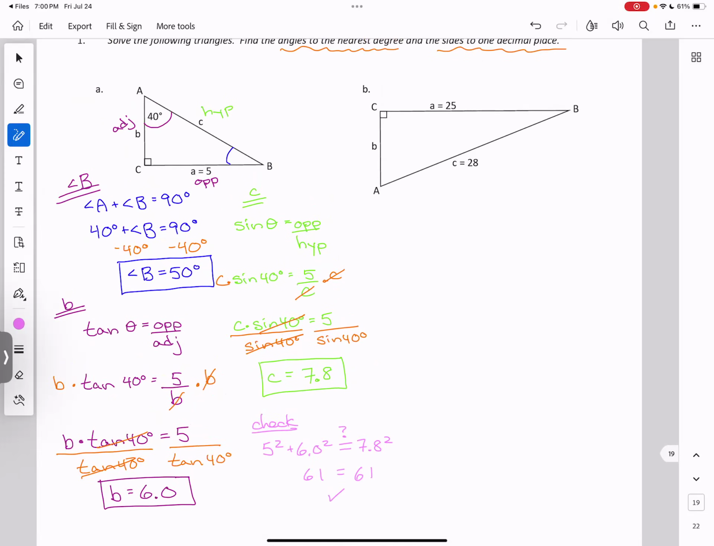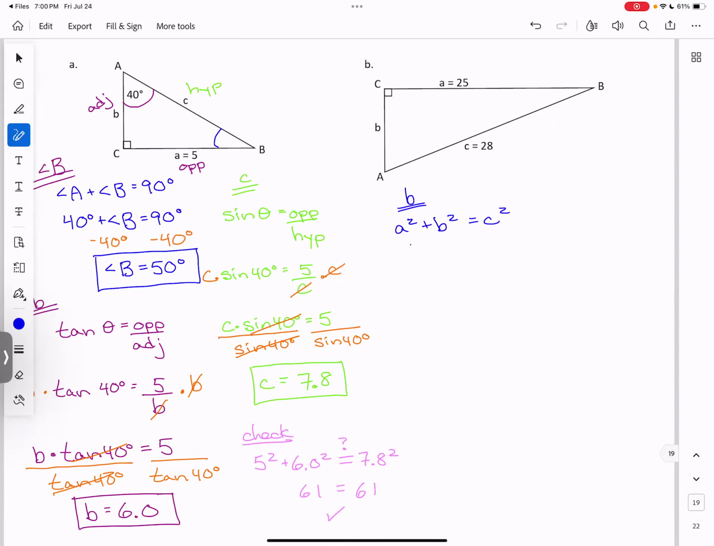So we're solving this next triangle here. And we haven't been given any angles. We've been given 2 side lengths. Let's start by figuring out the third side length, and I'm going to do that with Pythagorean theorem. So I know a squared plus b squared equals c squared. And we're trying to solve for b, so I'm going to subtract a squared from both sides. So b squared is c squared minus a squared,